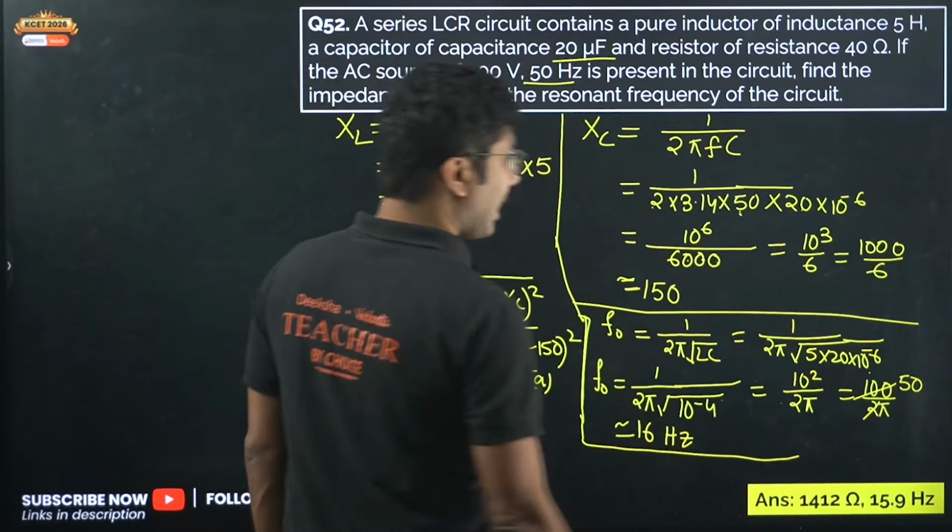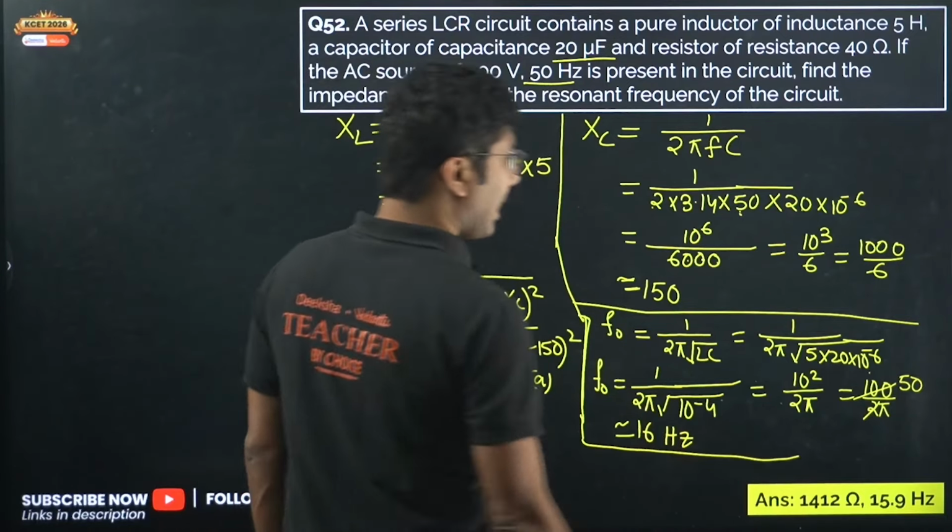Now next, a sinusoidal voltage of RMS value 200 volt and frequency 50 hertz is applied to a series RC circuit in which R is 3 ohm, C is 800 microfarad. Calculate the impedance of the circuit, the current through the circuit, and the phase difference between the current and the voltage. So you have to do 3 things. First stage is to calculate impedance.